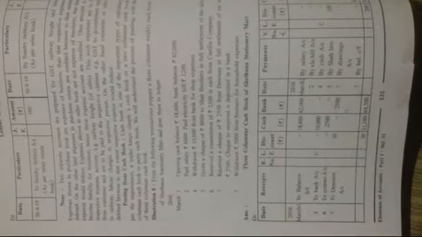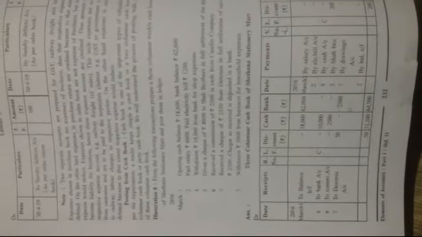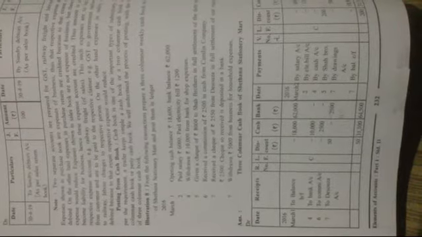So in the last video we started with the discussion of how to post the entries from the cash book into the various ledger accounts, and we started with illustration 8. In that we completed the first part, that is the preparation of the 3-columnar cash book. Now in today's video we are going to look at how to post the entries from the cash book into the various ledger accounts. Okay, so first step is to decide which ledger accounts you need to prepare.